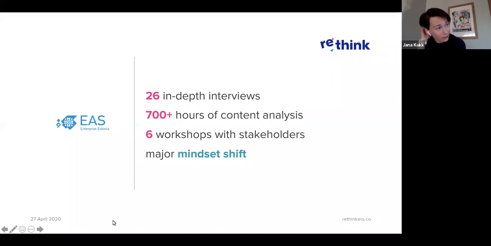But what was a big win is that in these workshops, we actually managed to get really high-level management. We had 3 out of 3 board members present in most of the workshops, actually discussing the topics and working on the services. It was amazing to see that after 3 or 4 months of very persistent discussions and very persistent coming back with the research results, even some people who were in the beginning questioning the whole value of the design approach, or service design, or asking users for feedback, came back to us a few weeks ago